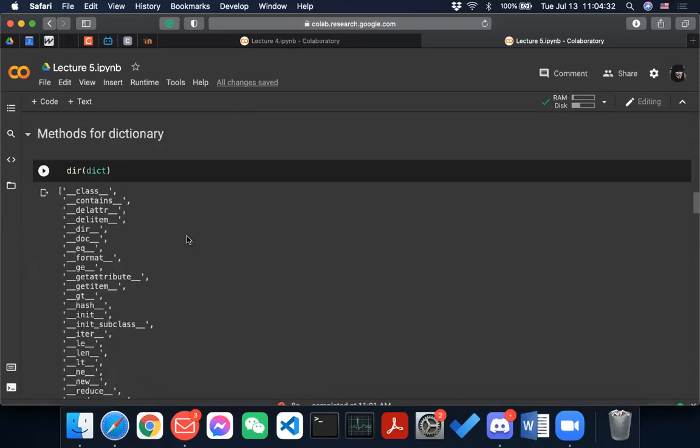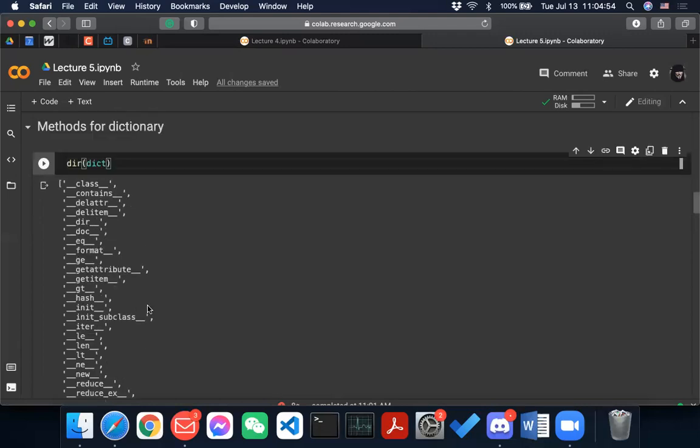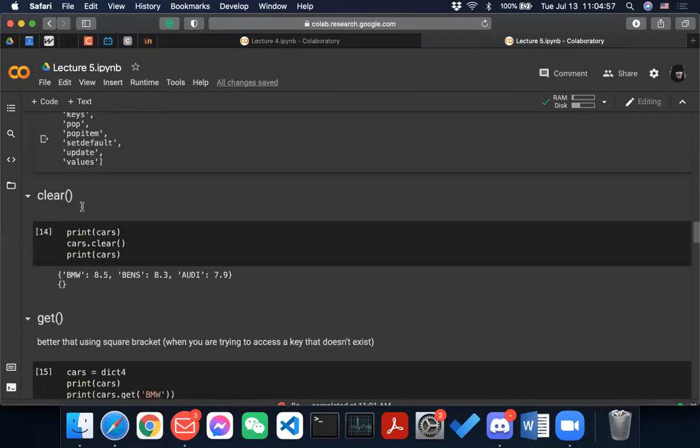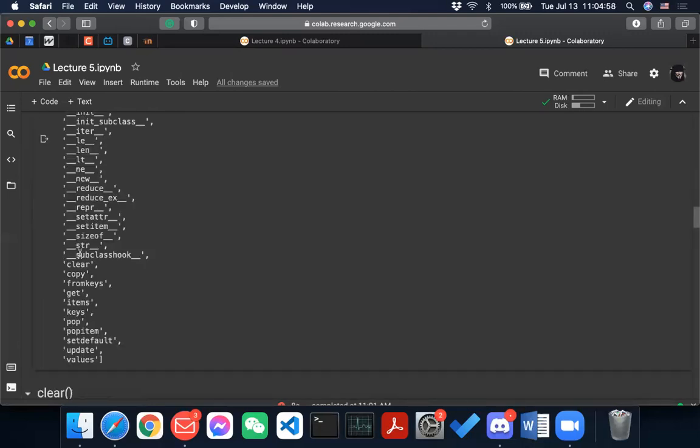Okay, and if you're curious about the different dictionary methods, you can actually use Python itself. There is a function called dir, and if you call that on this keyword dictionary, it will give you all the functions that are useful in there.